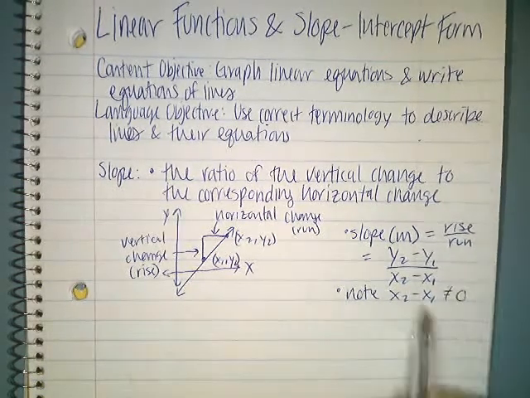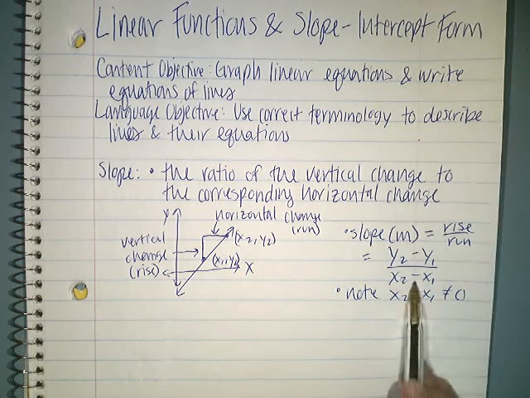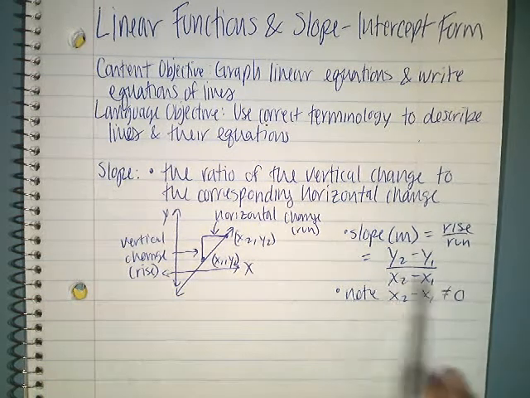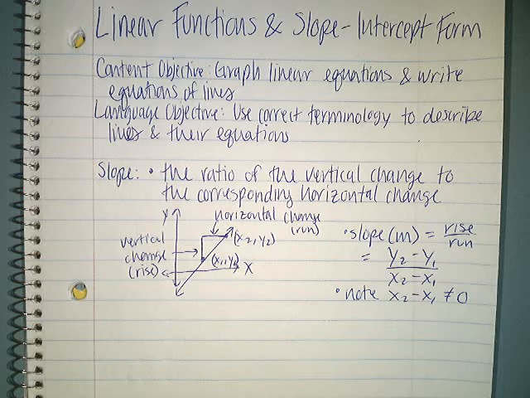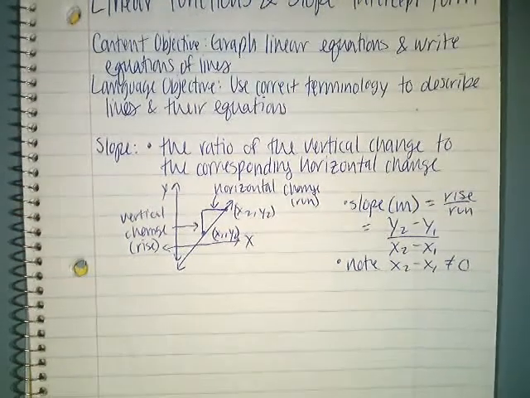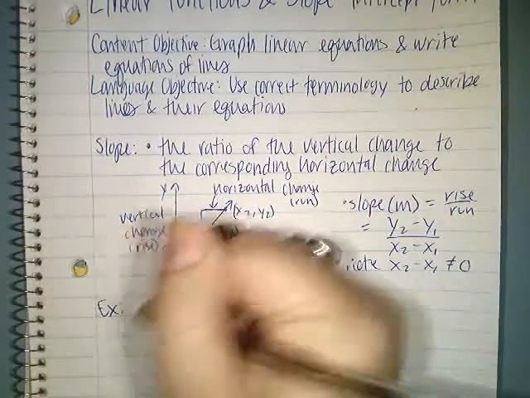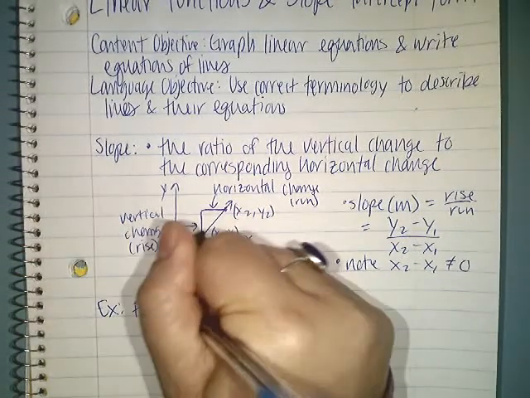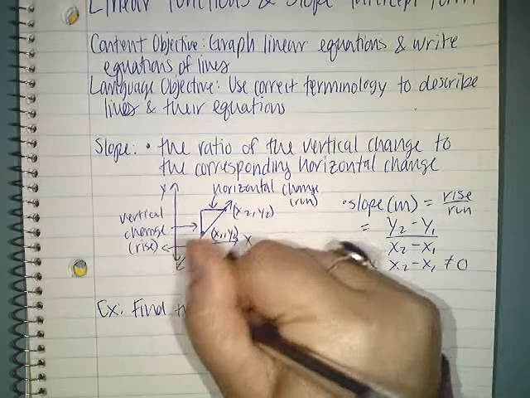One thing I want to note is that x2 minus x1 cannot ever be equal to 0 because you are never, ever, ever allowed to divide by 0. So you could never have that equal to 0. You'd end up with an undefined slope. We can talk more about that later, but for now, I want to move on to an example of finding slope. So I want us to find the slope of the line